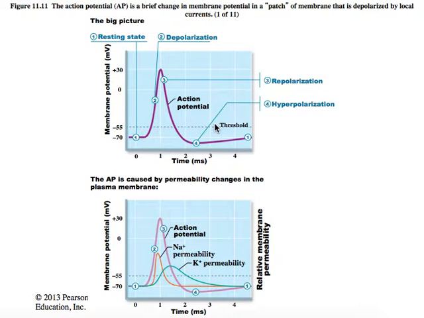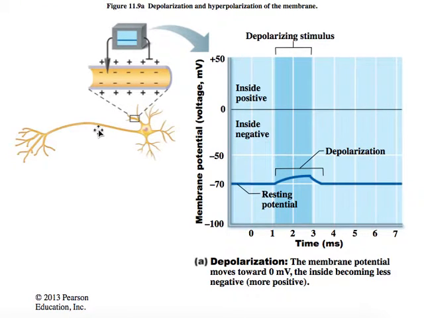Okay, I want to first of all bridge the previous lecture and show you how this phenomenon is tied to the previous lecture. You will recall that when we talked about local potentials, they happened inside of the dendrite, for example, or possibly along the soma, and that if there was a specifically strong current or a strong stimulus, that current might actually pass some distance. So where does it start to matter? Well, it starts to matter at the axon hillock.